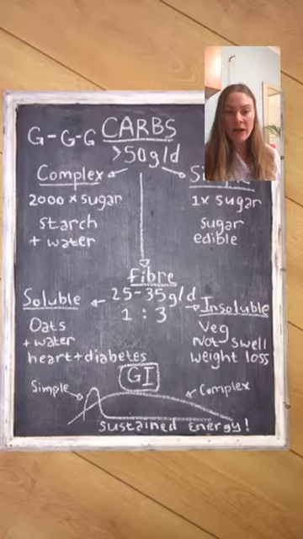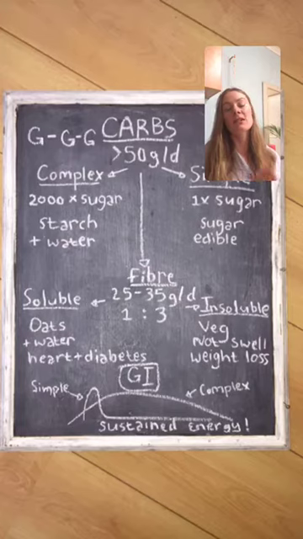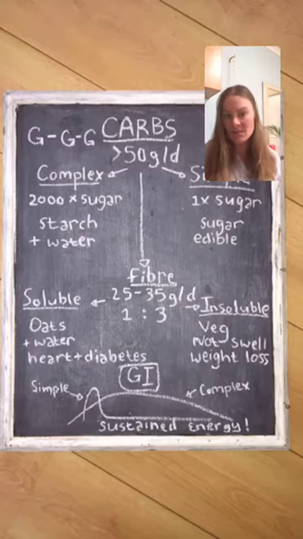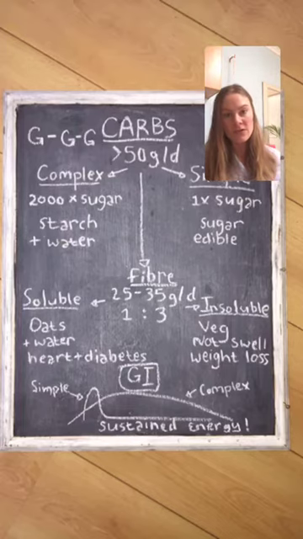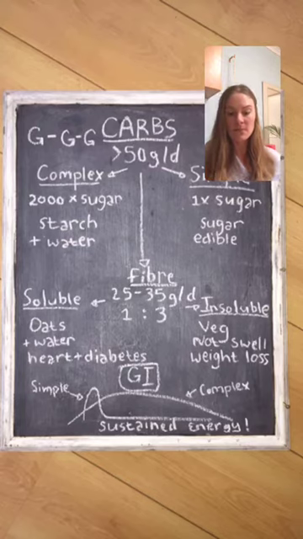So insoluble fiber, it provides bulk in your diet. That's why that's beneficial. Provides bulk, and then you feel fuller for longer, and it helps you to lose weight. So if you want to know which one helps you to lose weight, it's the one on the right, insoluble. It's very important for that reason. It also prevents constipation as it forms bulk in your diet. And you don't necessarily need to increase extra water.